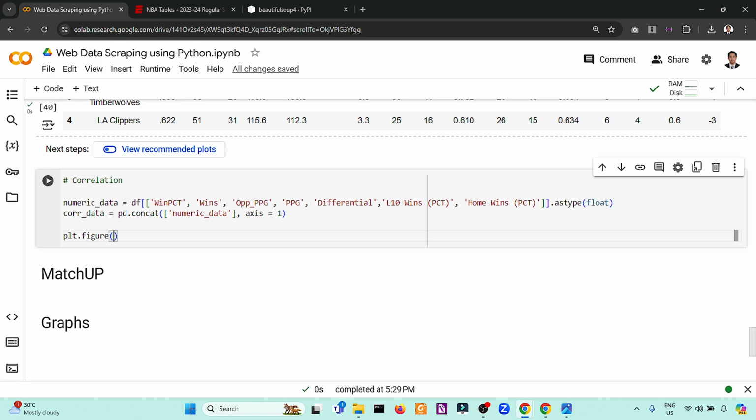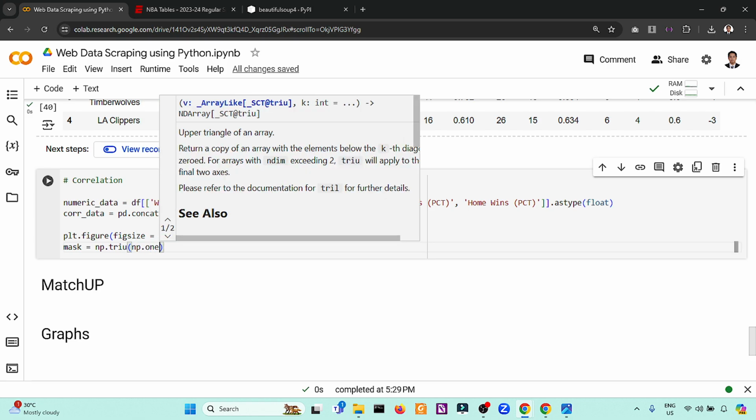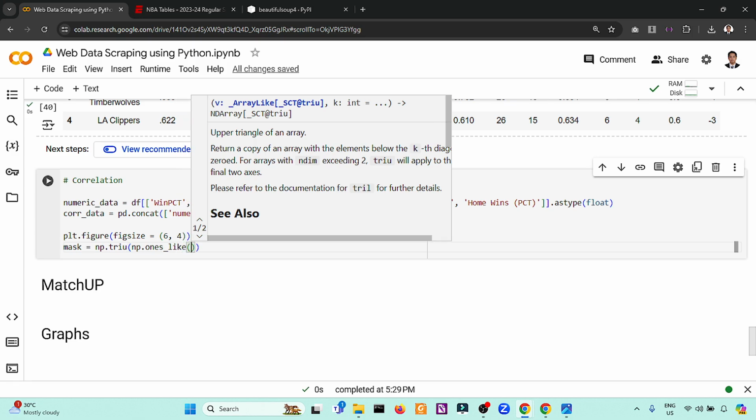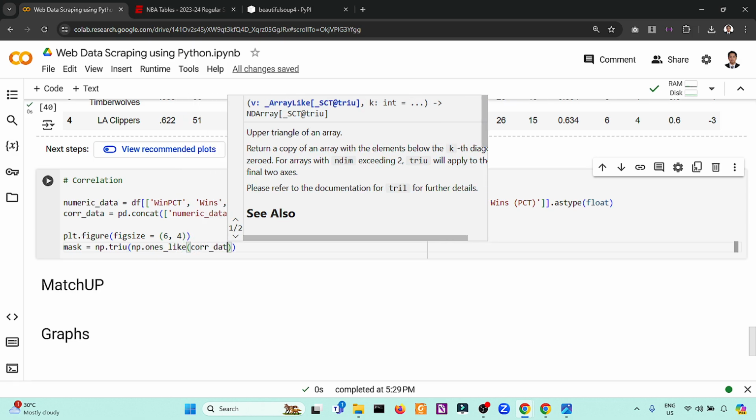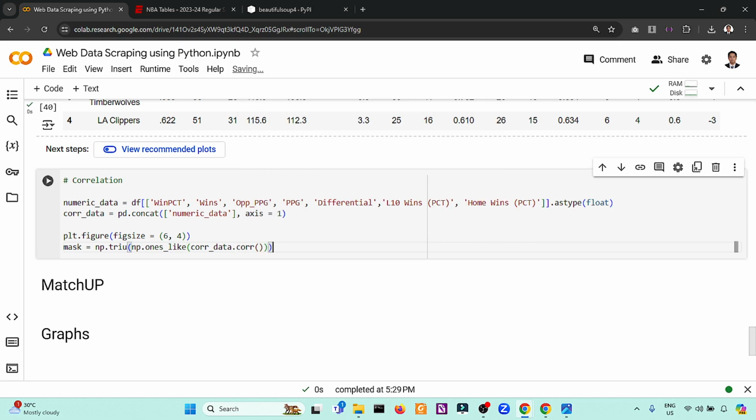plt.figure, which has a figsize equivalent to 6 by 4. Then we will use a mask, so I'll explain the mask. We use np.triu, np.ones_like the correlation data, the function of correlation itself.